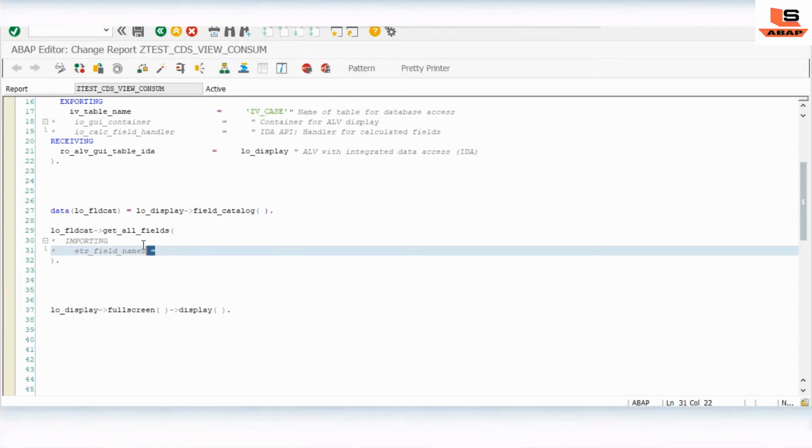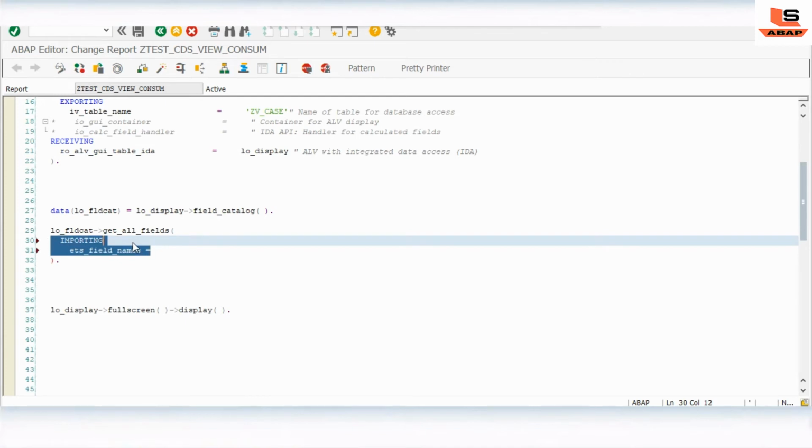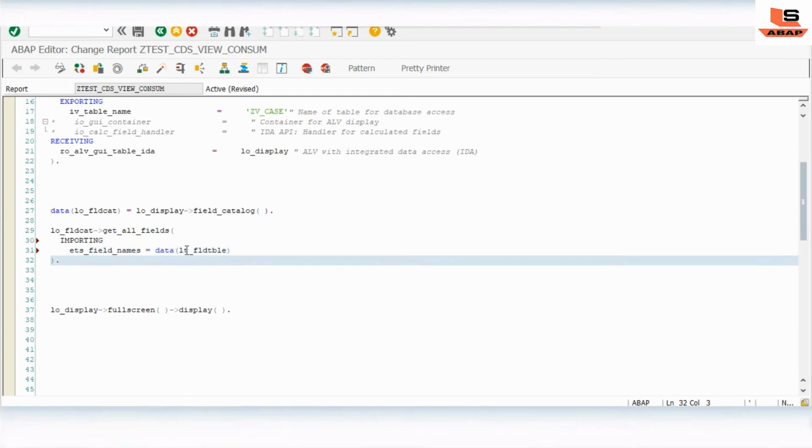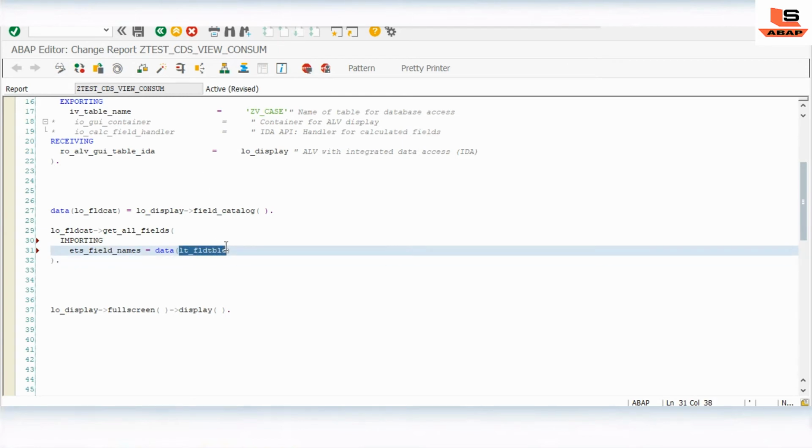Here we uncomment this, and here we have the field table. In this table we will retrieve the names of the fields that we saw in the debugger.